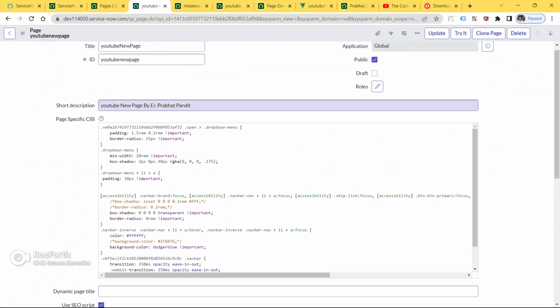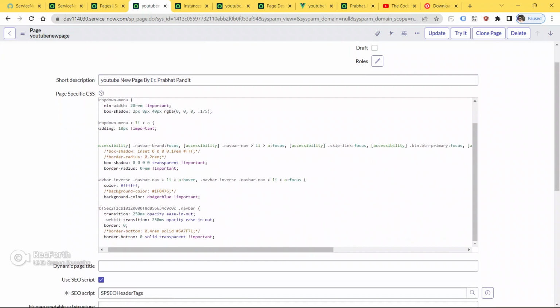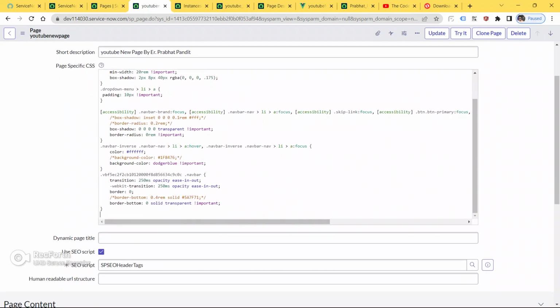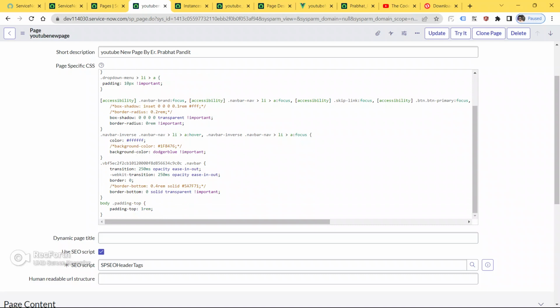Copy this from here, guys. Go to your page, this is our page, the YouTube new page. I'm going to paste it here, and I will comment this out, guys.